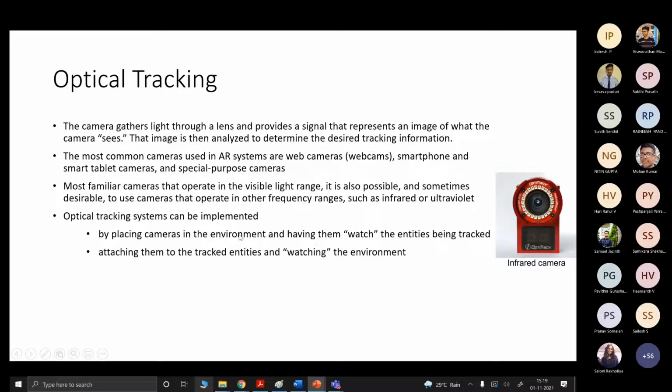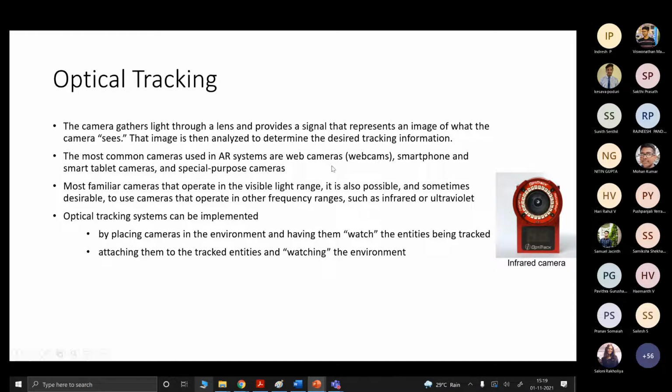The most common cameras used in AR systems are webcams, smartphones, and smart tablet cameras, and also some special purpose cameras are used to gather depth information. We can use a depth camera to gather the depth information. Later we will talk about the depth sensors or depth cameras.